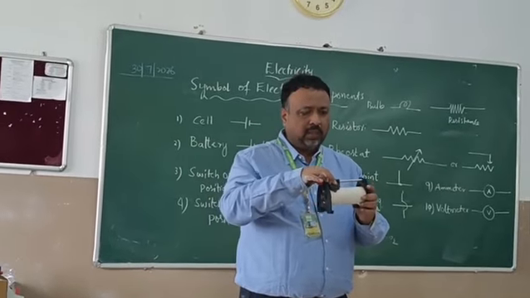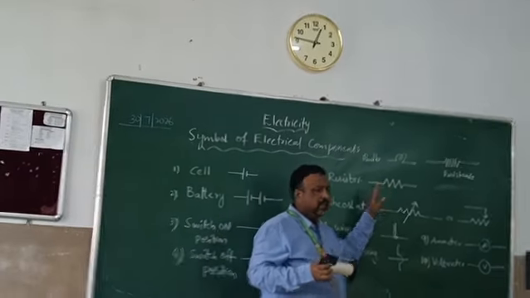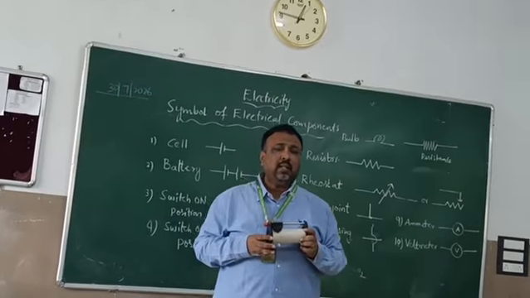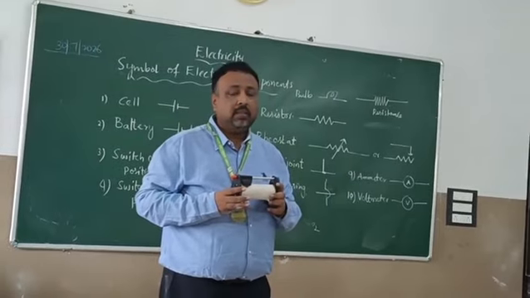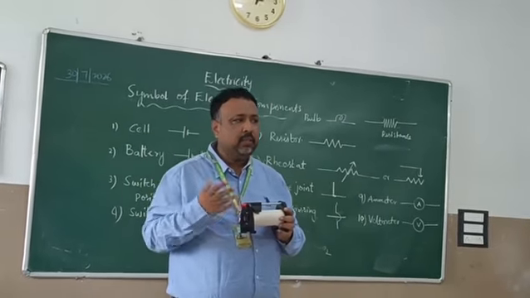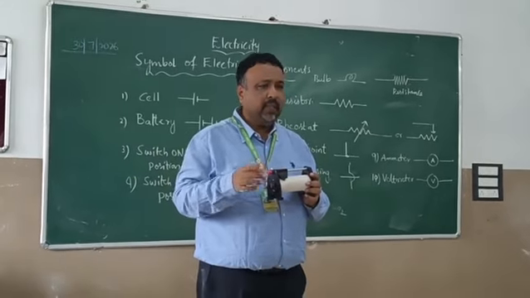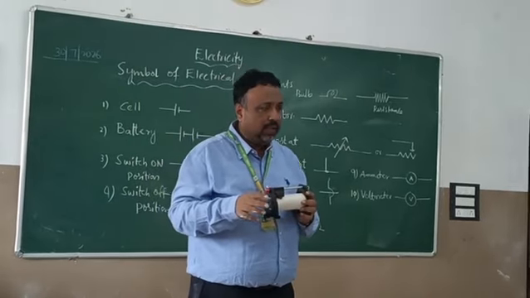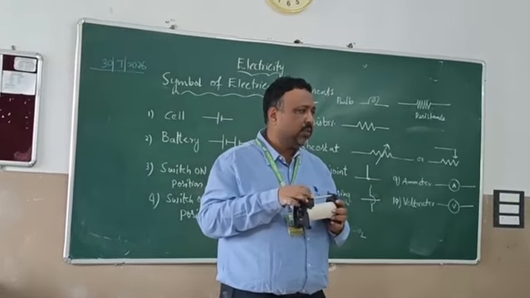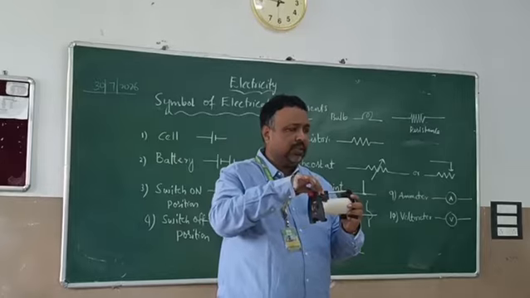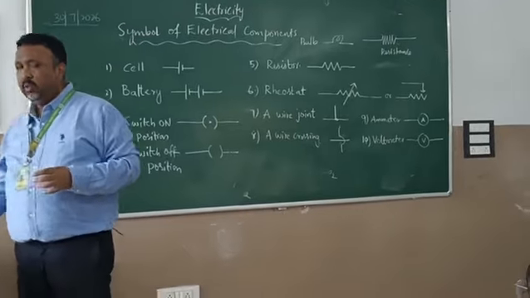Okay, dear. So have you got the idea of how the resistor looks? Resistor I did not show you, but I can show you some other day. Today we are seeing the rheostat. What is another name of rheostat? Variable resistance. What is the meaning of variable? Which is not fixed. We can change it depending on whether I want to make less current flow in my circuit; I can adjust it. This is not a typical model of rheostat, which is not working now, but the model is like this. Clear? Now the next one is ammeter and voltmeter.